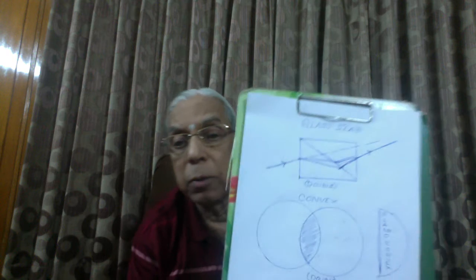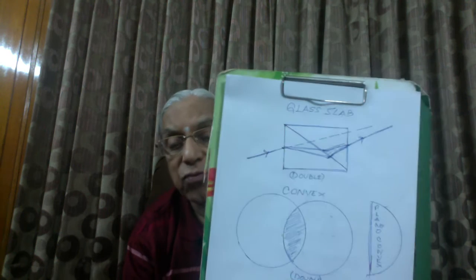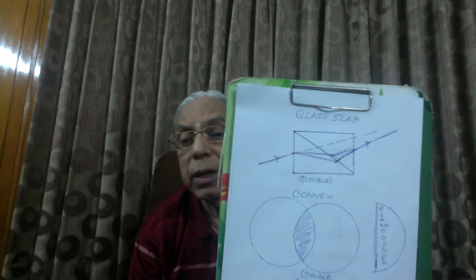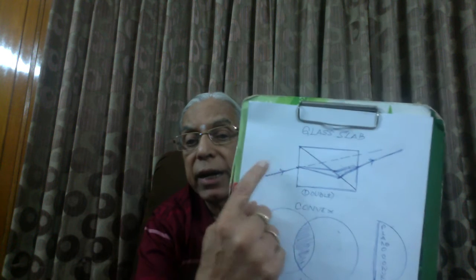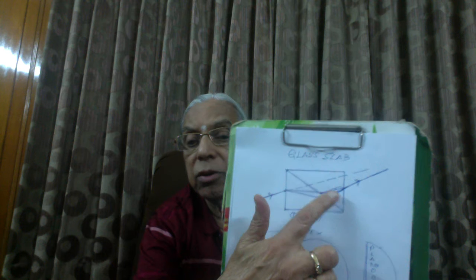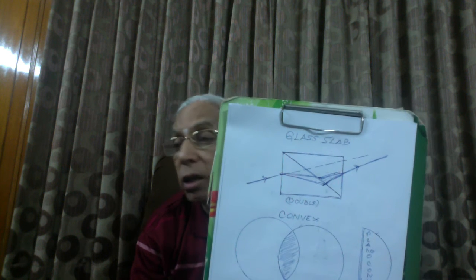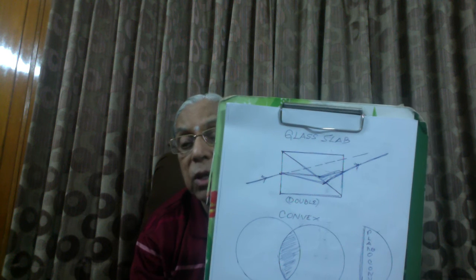I hope you are able to see this one. The first figure. Now, here is a glass slab. It is made up of two identical prisms. You see that? And they are cemented together in such a way that one of the prisms is kept